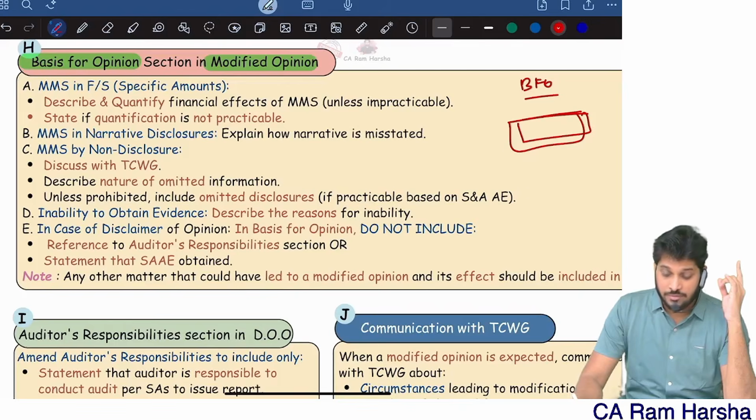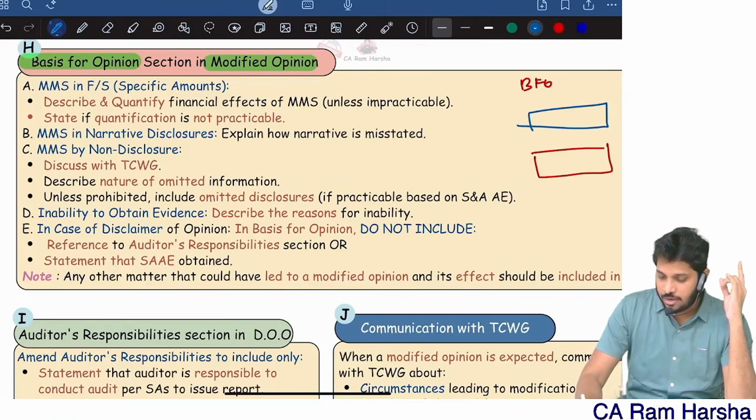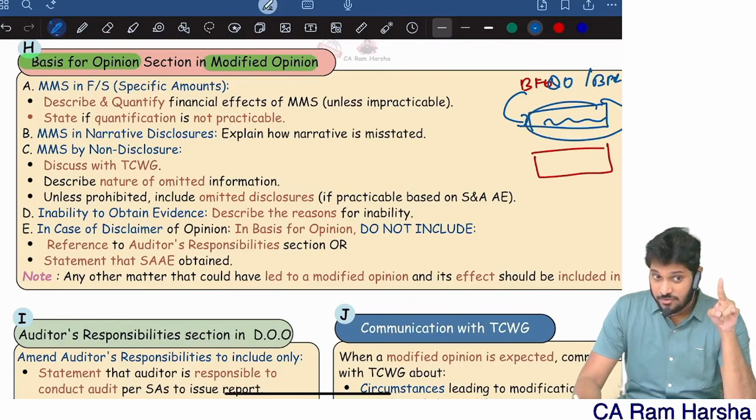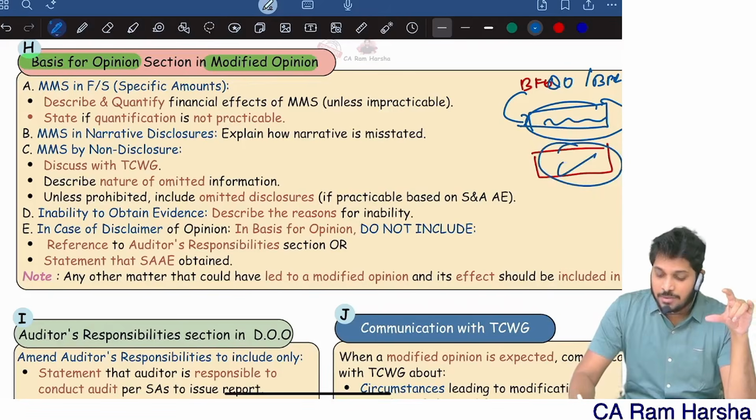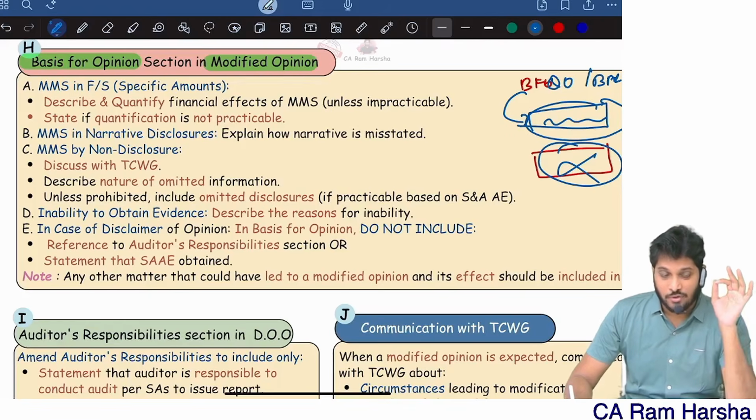Suppose I'm giving a qualified opinion: the standard para will be there, and an additional para also will come. In the basis for qualified opinion, why you gave qualified, you should give the reason. Basis for adverse opinion, why you gave adverse, you should give the reason. Again, if you are giving a disclaimer, in the basis for disclaimer only one para will come. The standard para will not come there. I told all this. This question was asked in the Jan 25 exam: if the auditor has expressed a disclaimer of opinion, what should be the content of the basis for disclaimer of opinion? How will the basis for opinion para change?